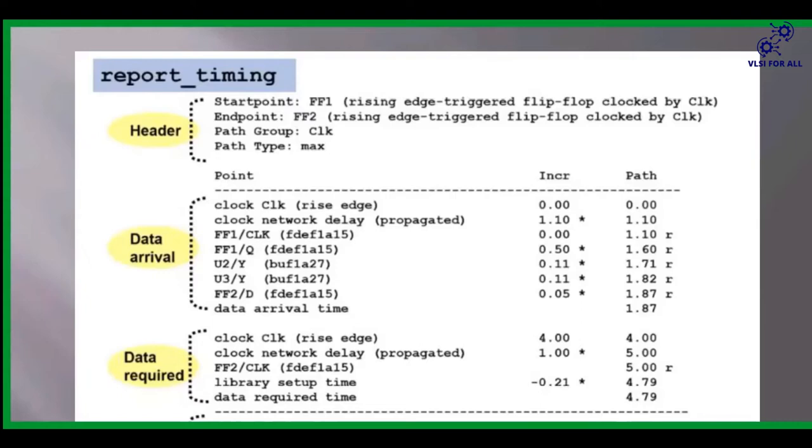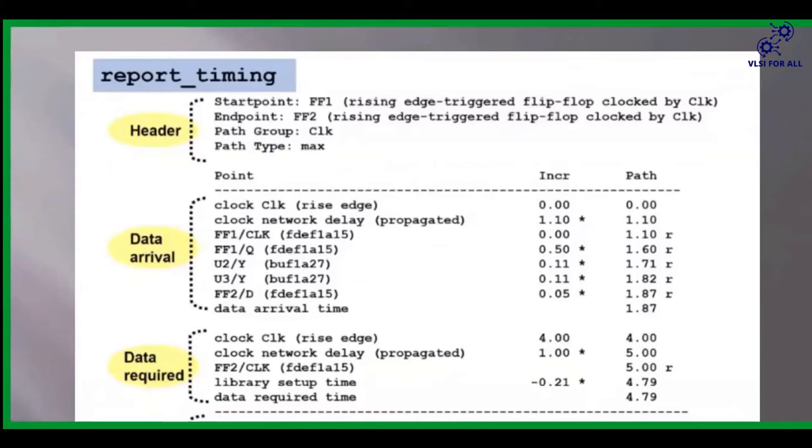Next, path group. That means the particular path in which the timing path is going. It could be a clock path, F clock path, SOC clock path. We will have different clocks when we come to industrial projects. To identify in which clock, in which path group the given timing path is going, the path group indicates that. Next, path type. Maximum or minimum. Maximum is nothing but setup, and minimum is nothing but hold.